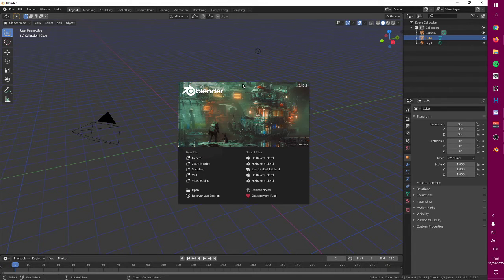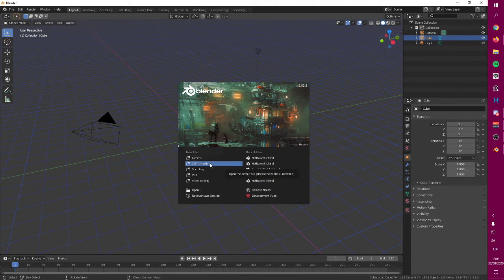So first thing that you're gonna get when you use Blender is this starting screen. I highly recommend for you to keep it, because in here you can already continue working on your previous files, your previous projects, or you can start a new project. And you have different options. If you want to do a general 3D, like the one you are seeing behind this, you can go to general. If you want to start right away doing 2D animation, you have the option, and this is going to change this entire workplace. You're about to see this in a second. If you want to go into sculpting, like you will do in ZBrush or other sculpting software, you can go into that. VFX, editing, self-explanatory.